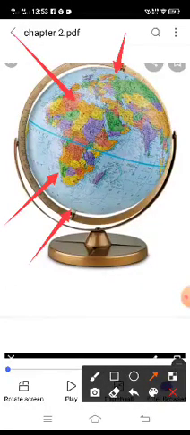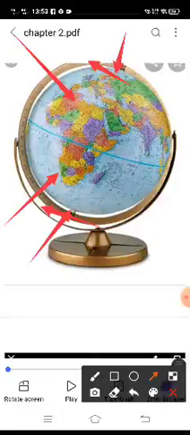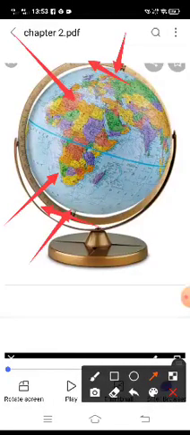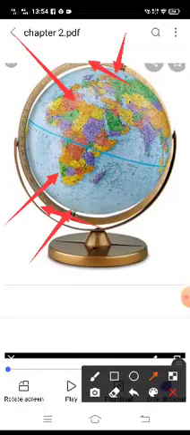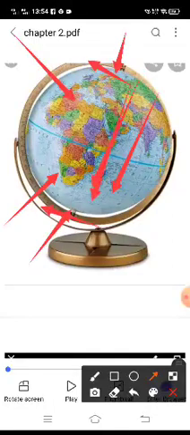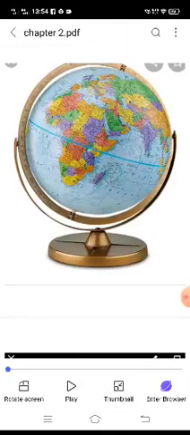The places above are called the frigid zones. Up and down, near the North and South Pole, they are called the frigid zones. They are the frozen areas. So now we can locate things on the globe. The network of these parallel lines of latitude and longitude is called the grid. Okay, bacha.